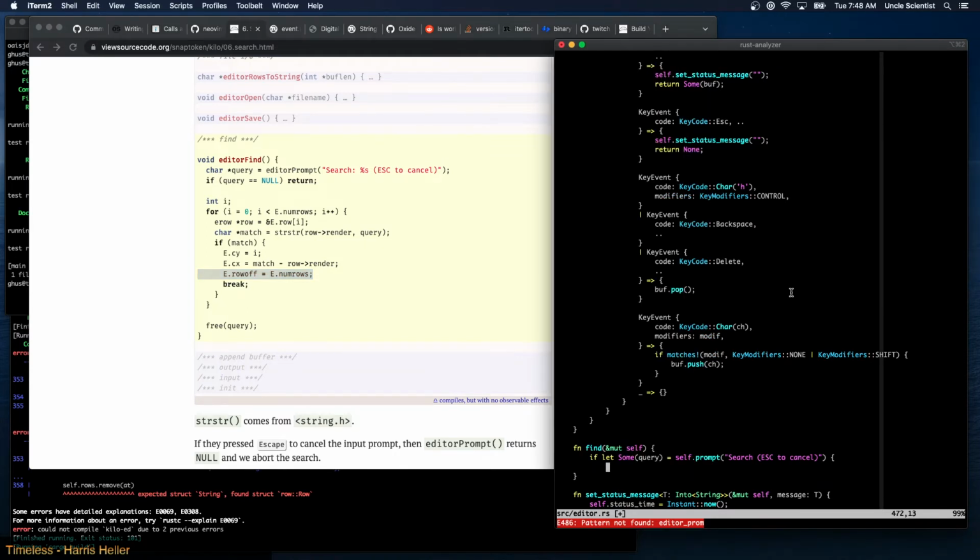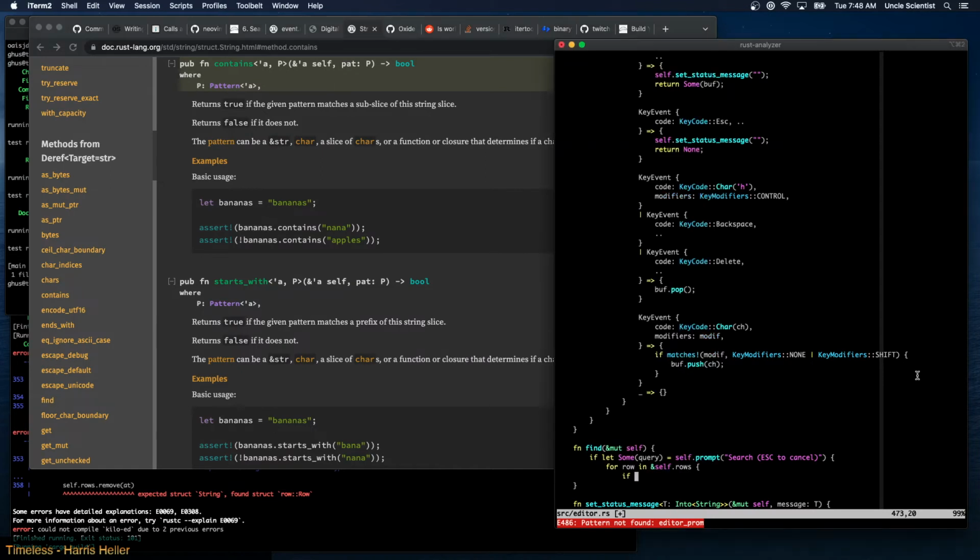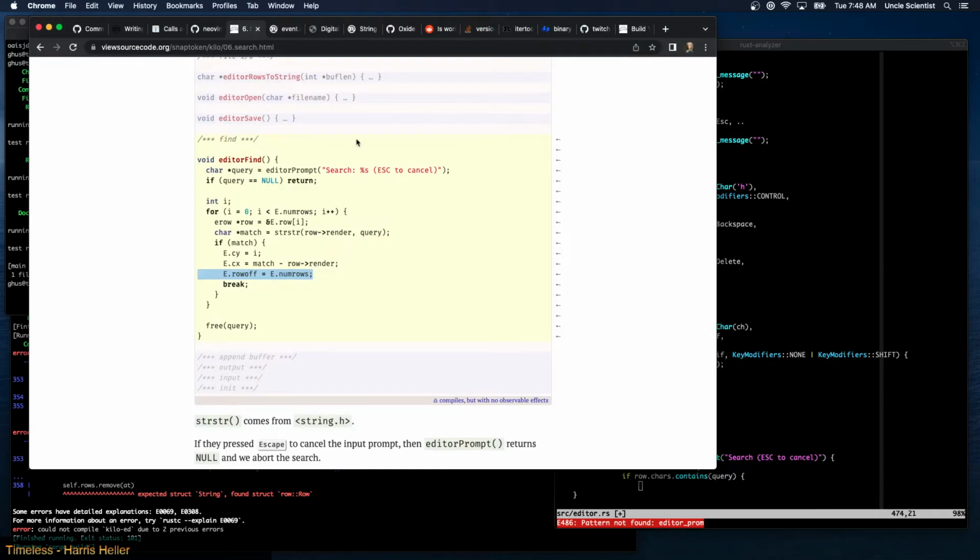Okay. For row in self.rows, if, and all we're going to do is say contains, self row, row.chars contains query, and I might have to say as str. Okay, and then that doesn't tell us the offset, whereas this does. And it's based on the render